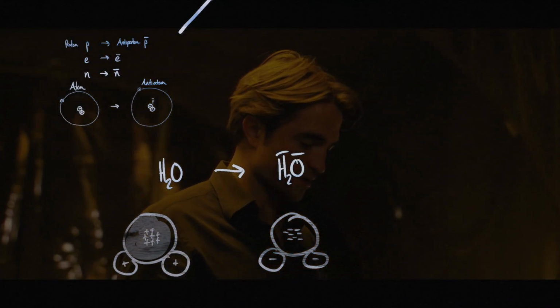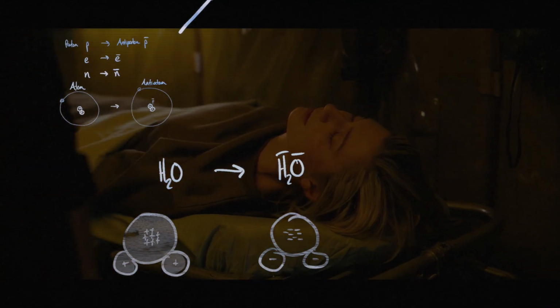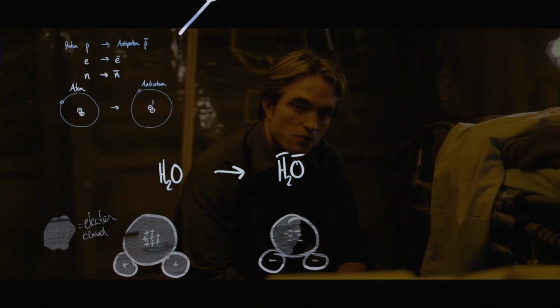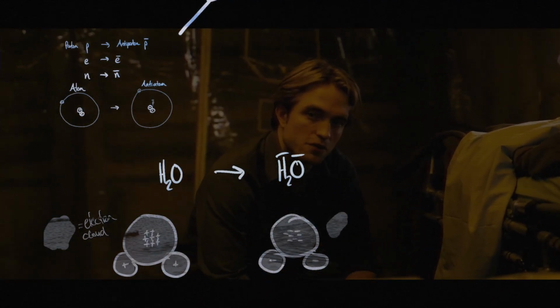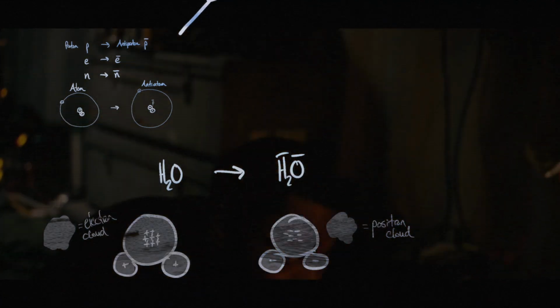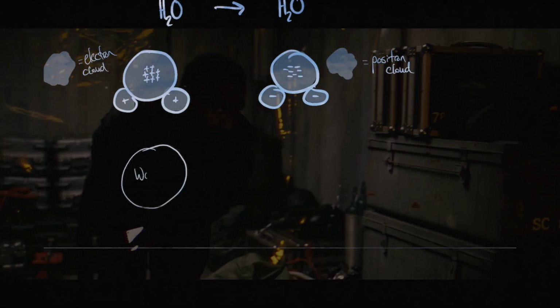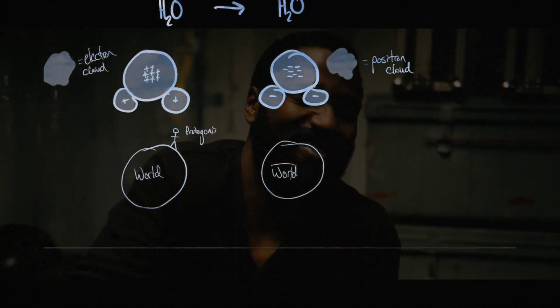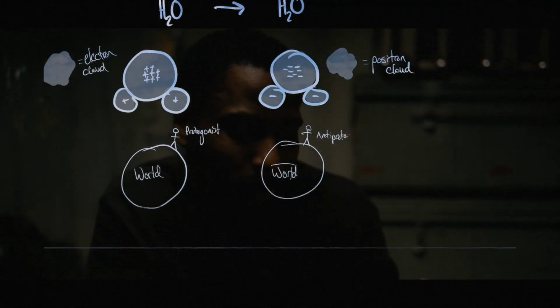You can have an anti-electron and you can have an anti-proton and you can have an anti-neutron. So you can make an anti-atom and you can make anti-water and you could make anti-oxygen even, and you could build an entire planet and ecosystem and world out of antimatter. It would function, as far as we know, exactly the same way as our world does.